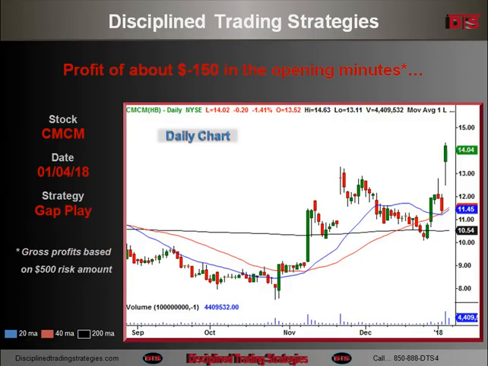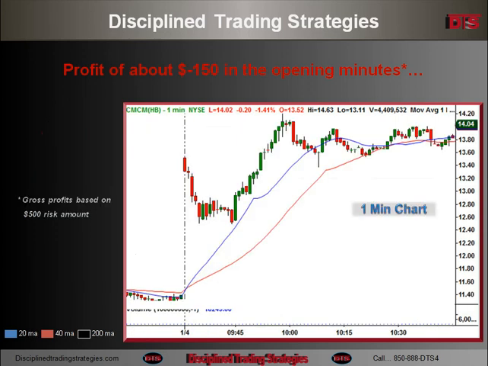This was the daily chart of Cmcm, and it's gapping right there on that particular day. And this particular gap was one that I was very, very bullish on. You can see that bottoming tail though, and that got to be part of the problem. After gapping up, the stock pulled back about the maximum amount that I would want it to pull back, a little beyond that actually, to still be considered an aggressive type entry.